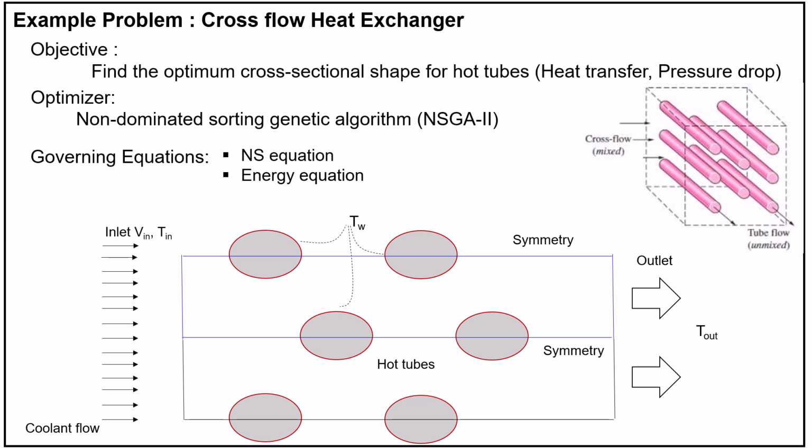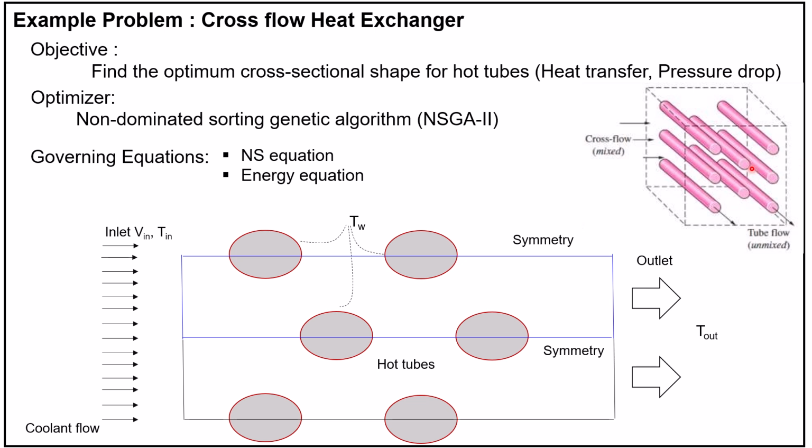Okay, let's take an example problem of a cross flow heat exchanger. In cross flow heat exchangers, there are hot tubes which carry the main fluid, and then we have the cross flow, which is generally an airflow passing over the hot tubes. So as the air passes over the bank of hot tubes, the tubes get cooled. This is how the cross flow heat exchanger works. But